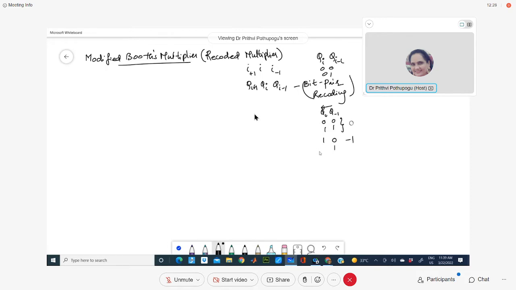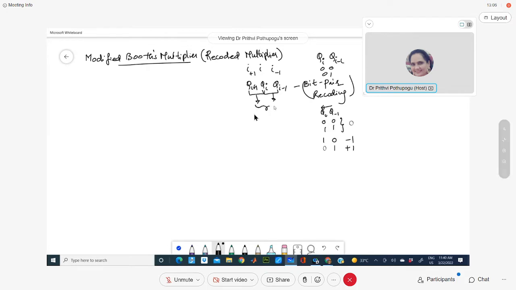If it is 1 to 0, that bit pair is plus 1. 1 to 0, it is plus 1. 0 to 1, it is minus 1. 0 0 or 1 1, it is 0. This is the first set. For the first pair and the second pair, we try to recode. And when you get 2 different values for the recoded multiplier pair,